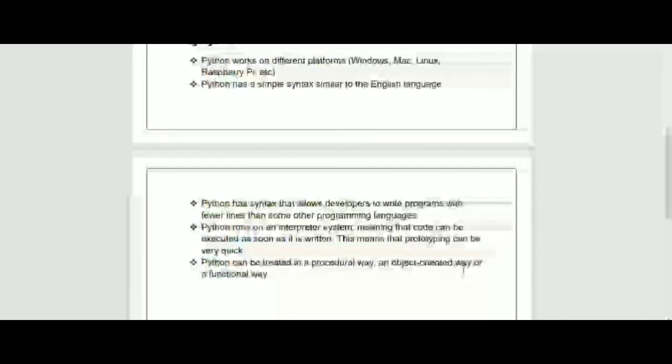So this was a very short video where we got to know why Python is being used nowadays and what the different uses of Python are. In the next video, we will see how Python is being used in machine learning, what the different data types present in Python are, and how they are related to big data and machine learning.